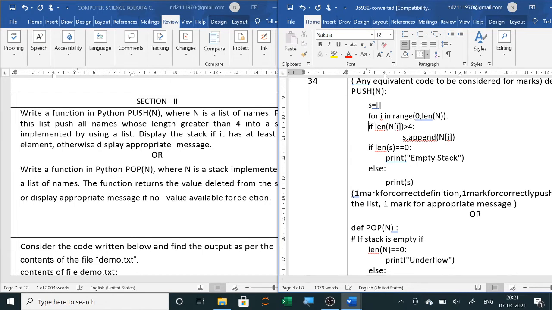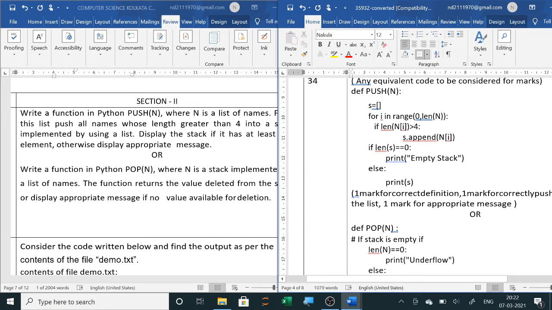So this question can be solved in the second method also. Best will be the second method. If greater than 4, then we will append it. So what we will do is, we will write def push, then a stack we will take, s equals empty square brackets, then for i in n we will write, if len of i is greater than 4, then s dot append i we can write. That will be the best method.